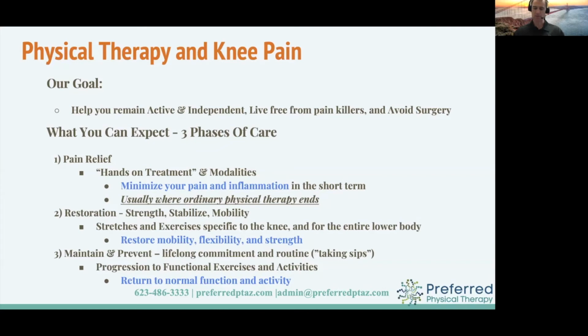Well, there's this 60% of us in the middle who have a lot of control, a lot of effect over the rate of that decline or that progression. Not that we're going to turn back the clock by any means, but we're hoping to preserve high levels of functionality through longer periods of time. And that's what I refer to as taking sips from the fountain of youth, because we go through it slowly over time.